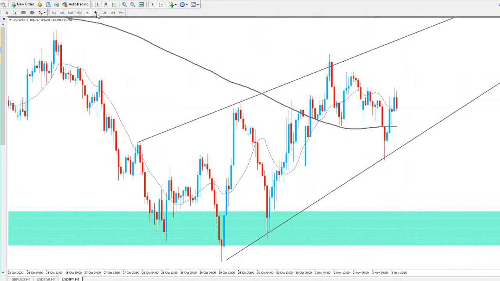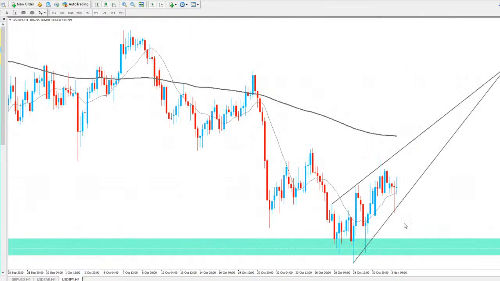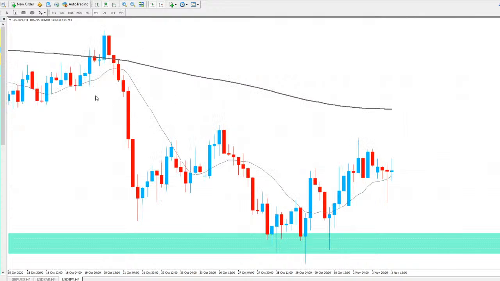From a 4H time frame, if I was in the trade, I'll probably still be holding, expecting a move to the upside. But again, you want to be aware of the elections coming up soon. So maybe you want to be taking your profits if you're in profit right now, and leaving a little bit less money on the table, or maybe just exiting completely, because again, the elections could take this trade either up or down. So you need to be aware of that. But for me, if I was in the trade, I'll probably be holding and just exit before the elections come. Not just before, but give yourself some time before the elections come.